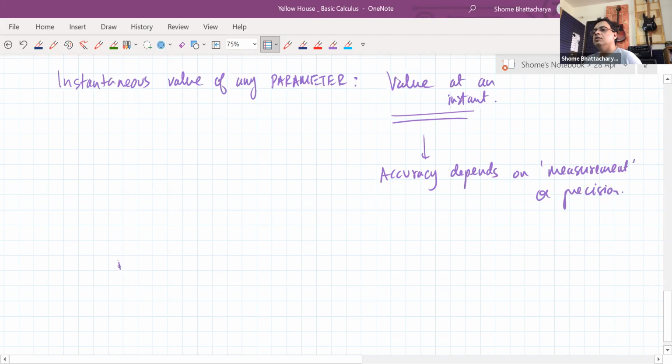For example, if X is the population of India, the instantaneous population of India,